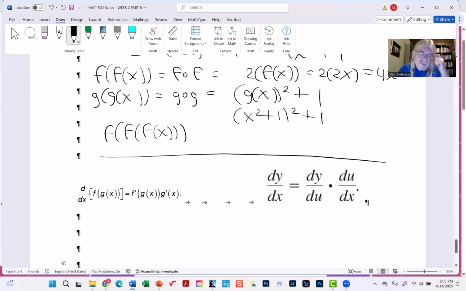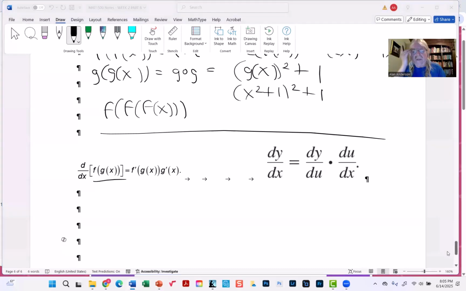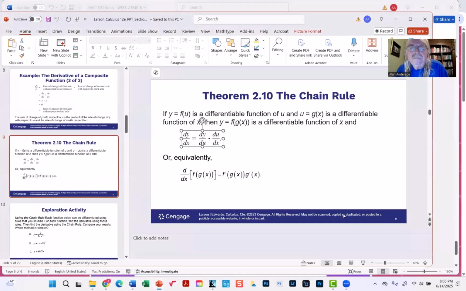And so you can see what they're basically telling us here is that if we have a composite function, f of g of x, the derivative of that entire expression is f prime of g of x times g prime of x. All right, so when you see a few examples, you'll start to get a sense of how this works. So the first one they give us,